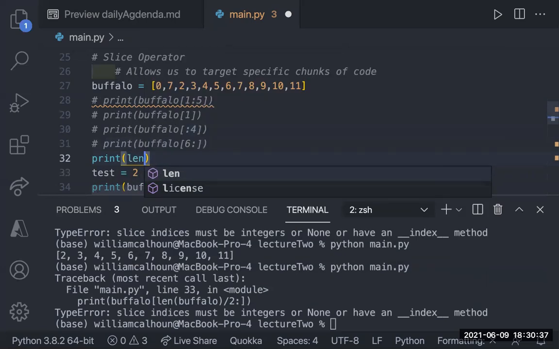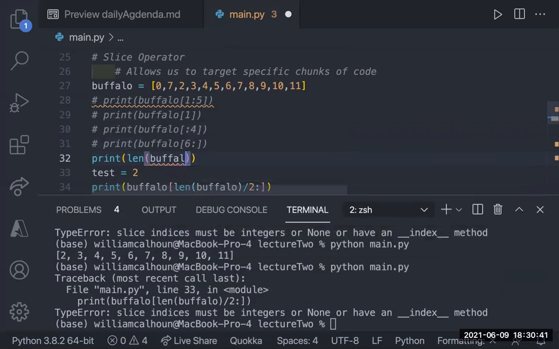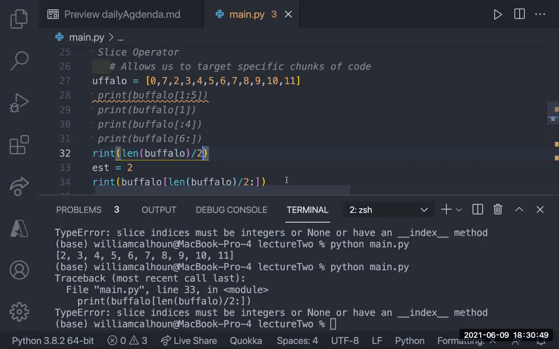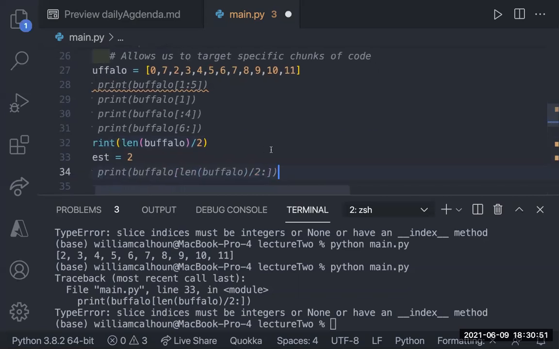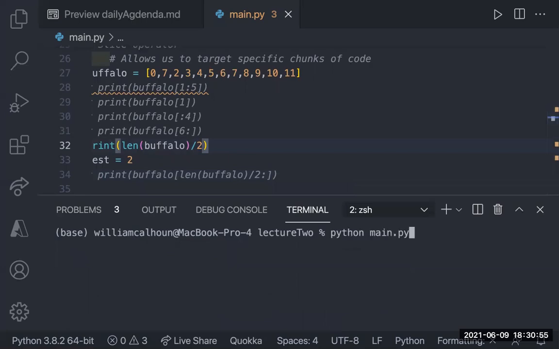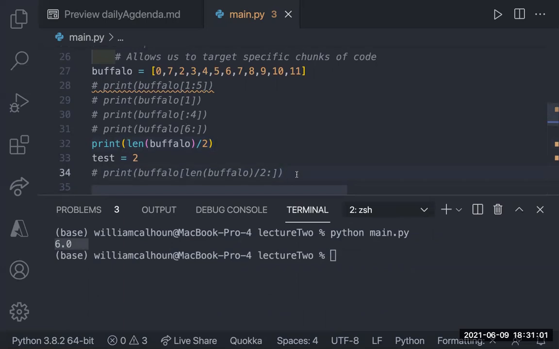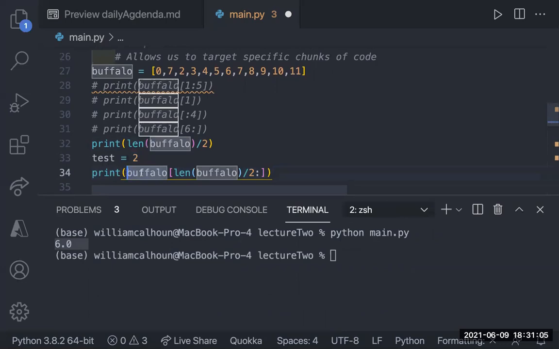Oh, let's see this. Buffalo, let's see what it's giving me back. 5 by 2. Let's comment this one out. God, I love the curiosity. So it's giving me 6. So what if I did this? Okay, you guys ready? Oh, but it's because of the 6.0. You need to do the 2 int or something like that.